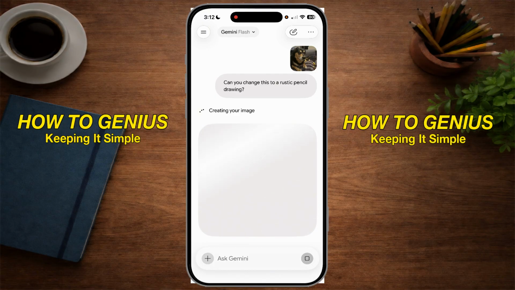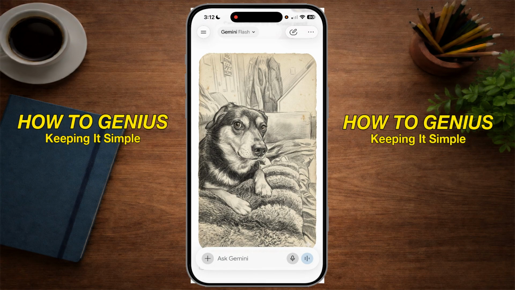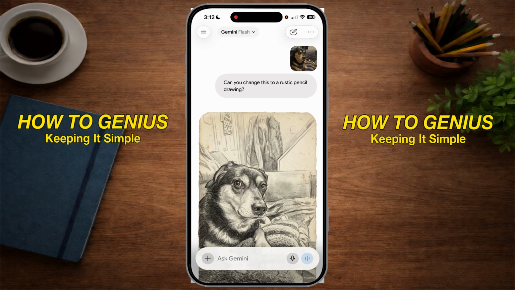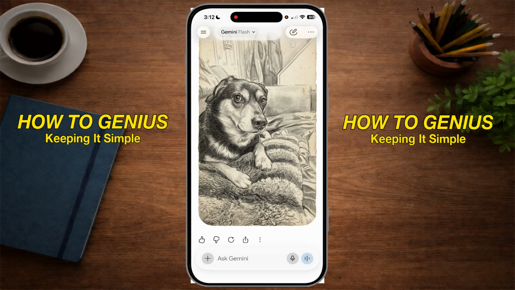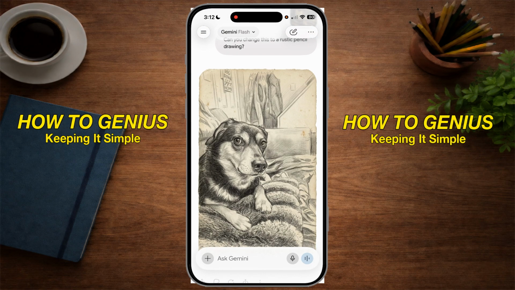So we'll wait for this to get done. And there you have it. It's real easy to do, real easy to go through and edit a photo. As you see, I took the original photo that I posted, put in a prompt, and then it spit this image out. You can always go ahead and continue to edit the edited photo with more prompts, more adjustments, but